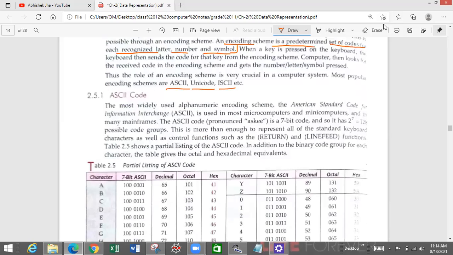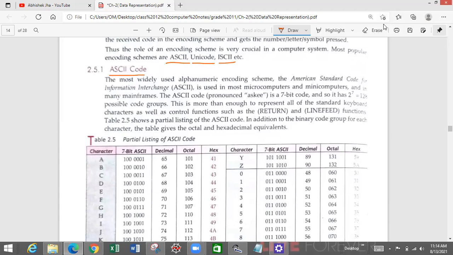So very first coding scheme that we are going to learn, it is called ASCII code. And ASCII is a short form for American Standard Code for Information Interchange. See, very simple to understand what exactly it does. It is American Standard, developed in America, taken as a standard also worldwide. It is also a code. Code for what? For interchange of information. So if you are giving a number, it is interchanging it into equivalent decimal code. If you are giving a symbol, it is changing it into equivalent decimal code.